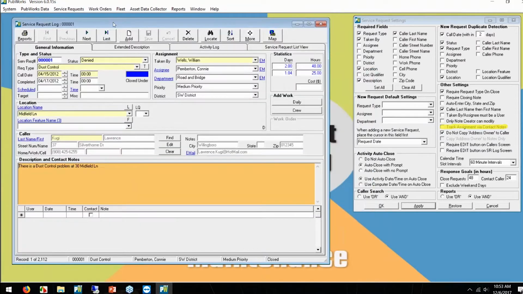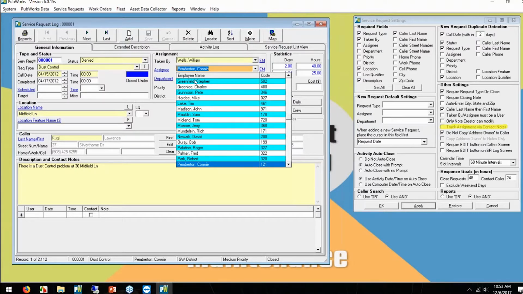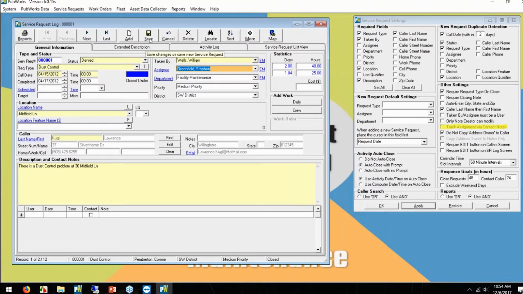So if I'm in a service request here and I'm Connie and I just check, oh, well, I don't want this request anymore, and I click save, it changes it to somebody else, but it doesn't track that it was assigned to Connie and now it's assigned to Stephen. So what we've done is